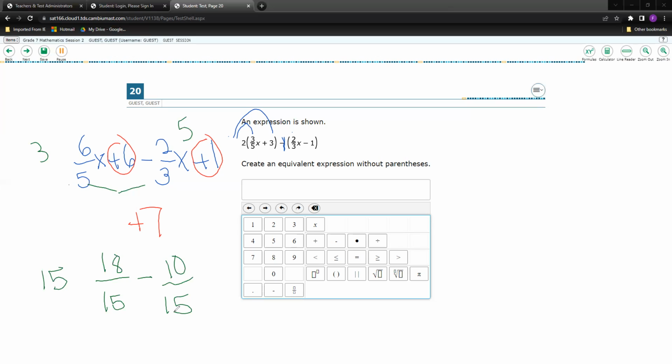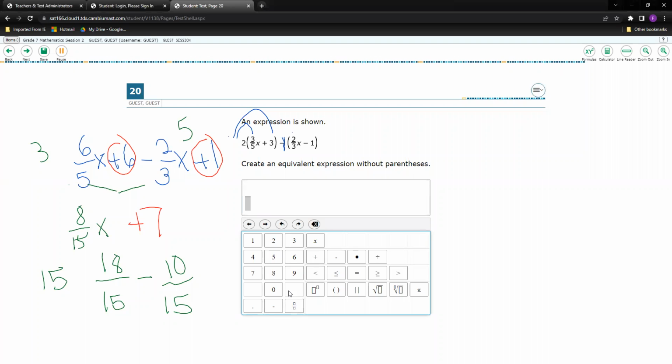So we only subtract the top. 18 minus 10 is 8 over 15. 8 over 15 x. So that's my other value. 8 over 15 x plus 7. So we have to write it here in this little table, not a calculator. So here's the fraction. And I'm going to type 8 over